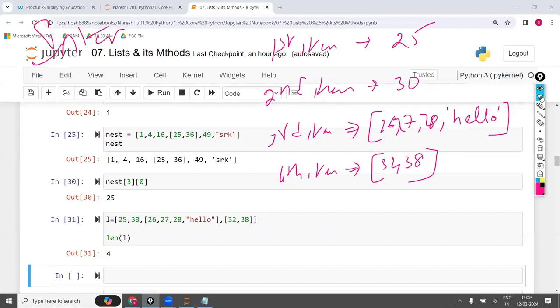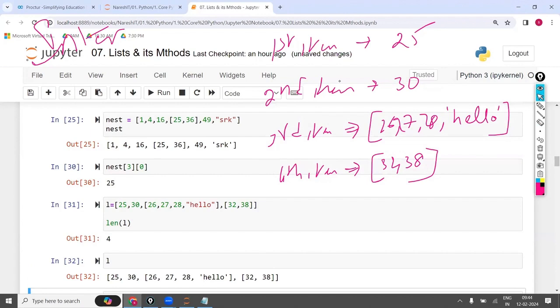In your notes, in the same way you write on your page: first, I'm going to take L. And the output of L is this one. Within the output of L, I'm going to take the index number 2. Then I get this output, which is a list. Since it is a list, I can apply indexing on this: 0, 1, 2, 3, either 3 or -1. The choice is yours. To get the hello, this is the answer.